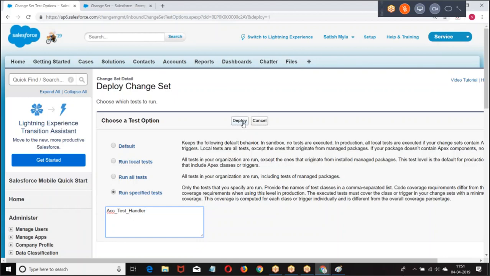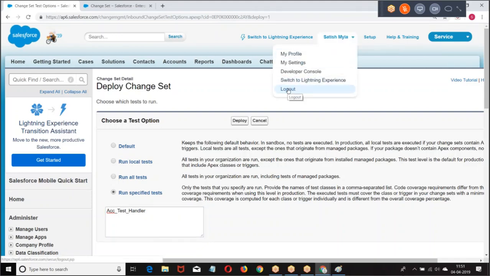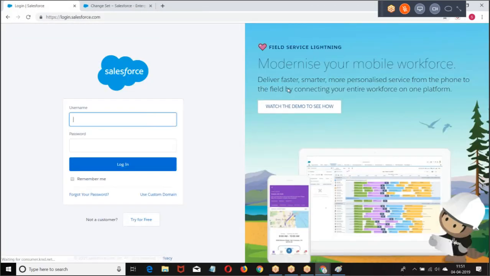I hope you are good with this. Clear for everyone? Then this is the concept of deployment using change sets. Now, what is the concept we have? Outbound change set, inbound change set. In the sandbox, we create an outbound change set and upload it to production. When you upload to production, in the production, we receive an inbound change set. When I receive the inbound change set, validate, then deploy. I hope you're good. Clear for everyone? So let us go to the next concept.